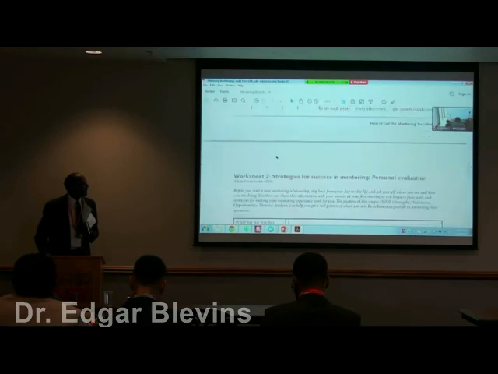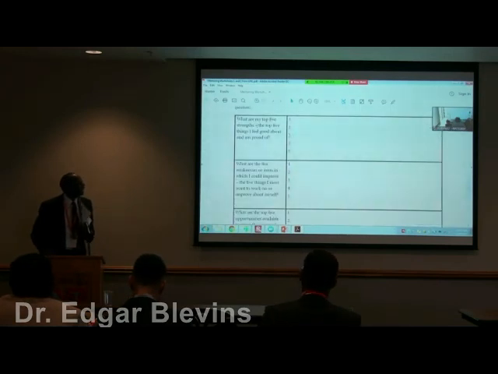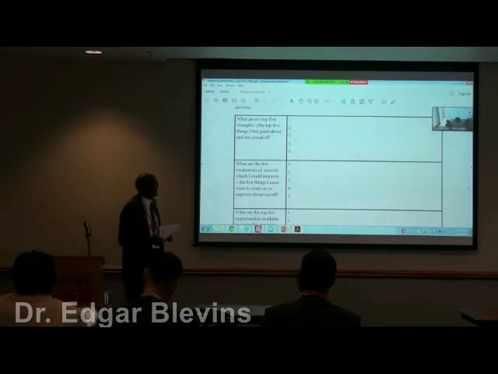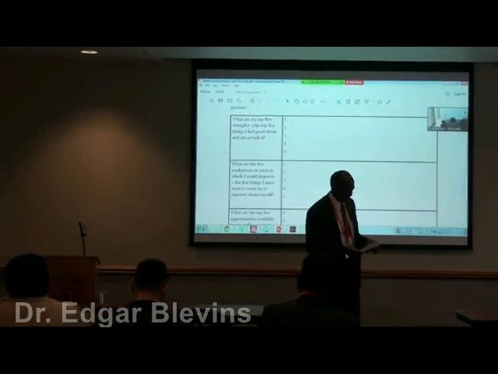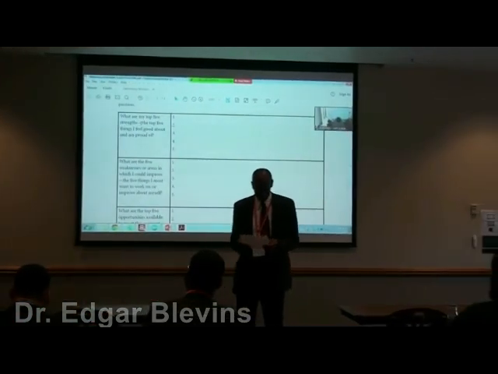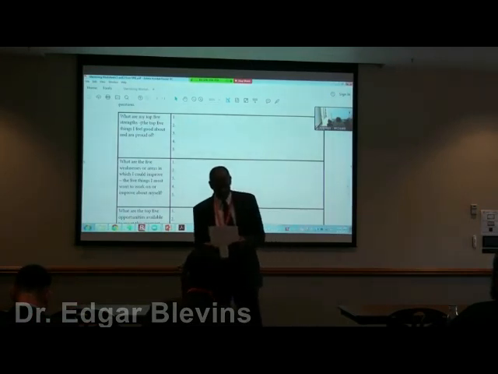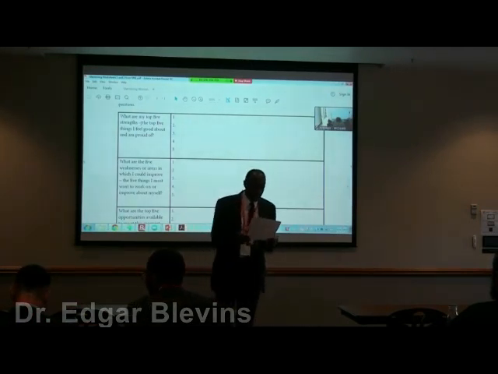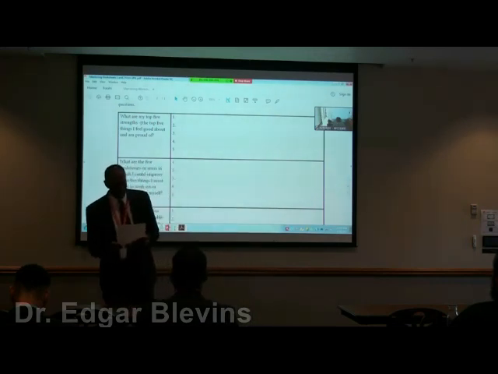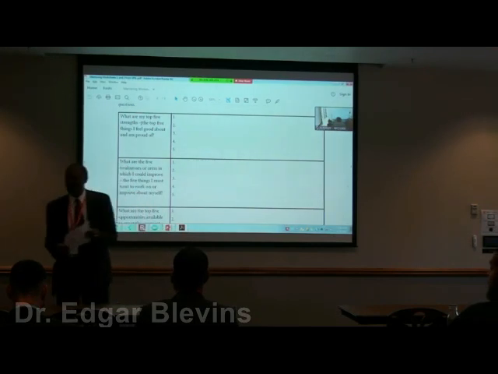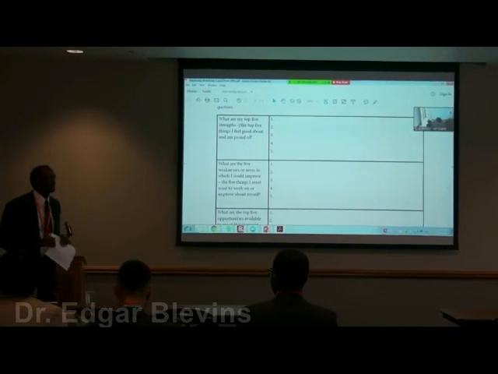The second page has these general questions that I thought we'd take a quick look at. You can think about these things. What are my top 5 strengths? The second one is basically weaknesses. Then opportunities, SWOT, okay? Threats. And the last one: what are the 5 most important things I can do over the next 6 months to build on my strengths and overcome my challenges? If you focus on some of these things, I think we'll be okay.